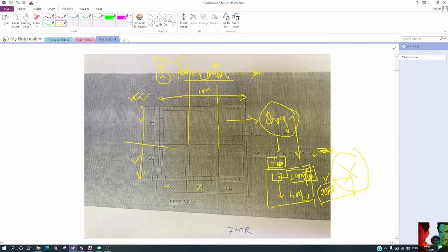But what is the cutting length? That is the exact question. What is the cutting length of each and every part we are cutting? Nothing is mentioned in this drawing. That's why we make a shop floor drawing, where we make each and every part separately. Means we just unbox it, break it into small pieces.